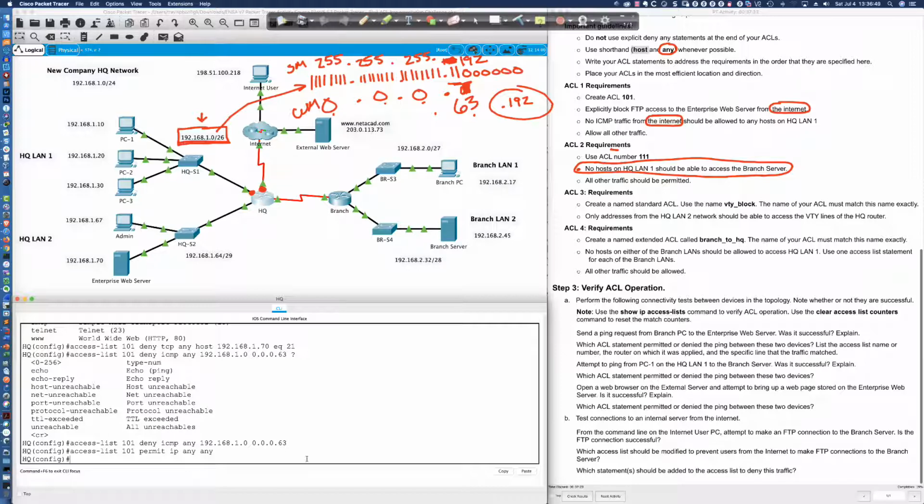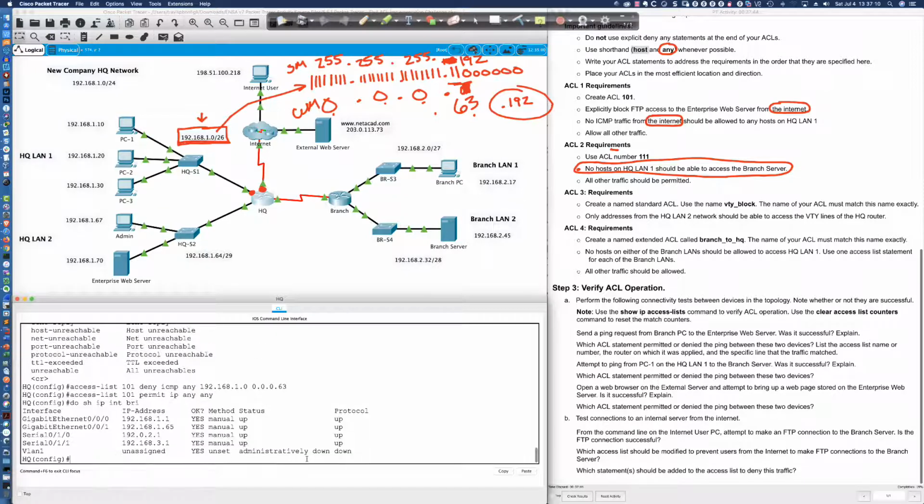And you can see the completion percentage at the bottom just jumped to 19%, telling us that we've done something right here. Now, the next step, again, remember we've got a mistake in the addressing table. The interface to which you would apply this is not in the addressing table. And so we're going to say do show IP interface brief, and I'll show you how I would handle this